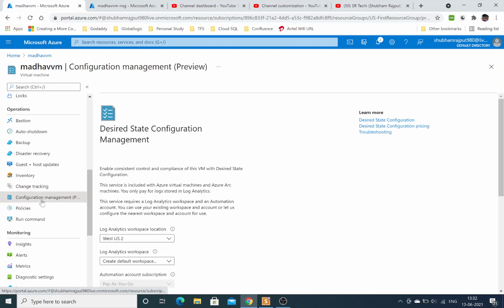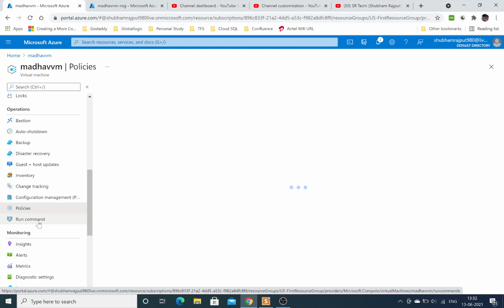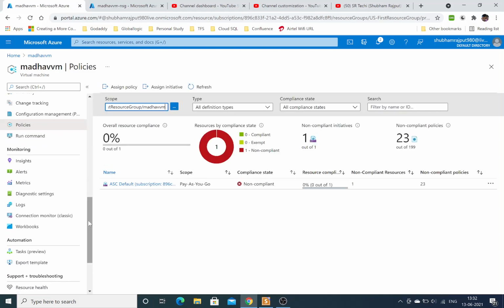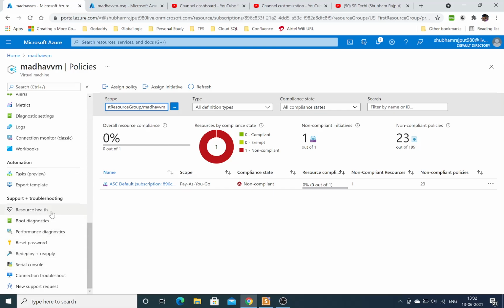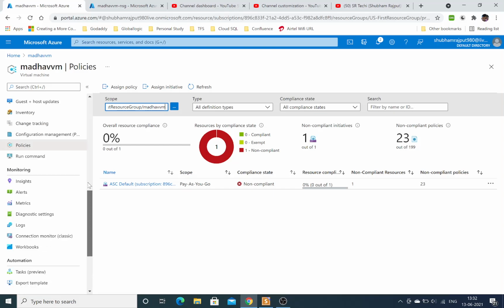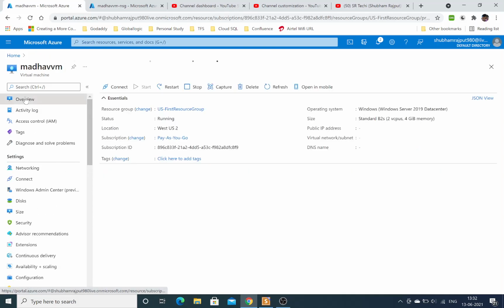Configuration management and policies, different types of policies are there. You can add the policies and assign policy, and these options are there. Many options are over here. You can reset the password, connection troubleshoot, and all these things are here. Now just check your machine, is it running?